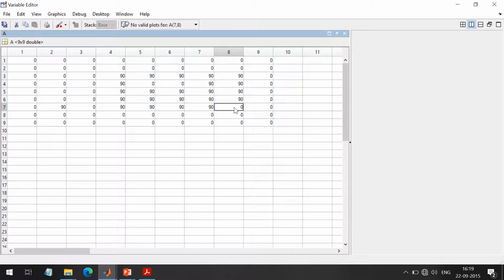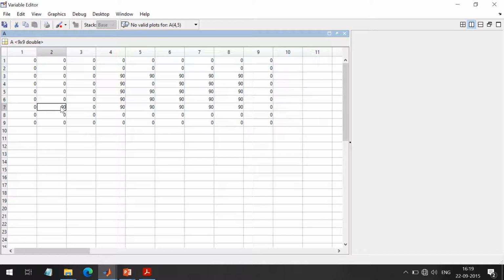By updating the values of every pixel, I have created one dummy image here. This 90 is representing one noise, and this is one constant gray area, where this is also 90. Now consider this is also an error in the recording medium, and by mistake it is recorded as 0.